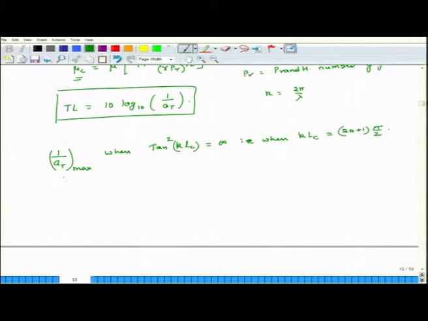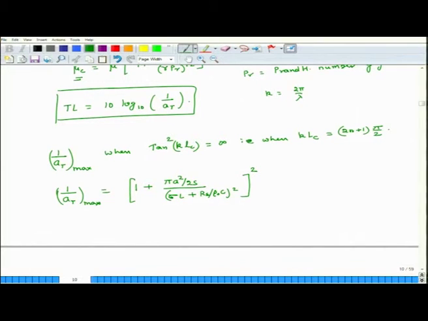And in that case, what will be the value of 1 over 80? In that case, 1 over 80 max will be equal to, so 1 goes away from numerator and denominator because its contribution is small, tangent square gets cancelled out. So, what we are left with is 1 plus pi a square by 2s divided by sigma L plus Rs by rho naught C whole square, and the entire thing is squared.